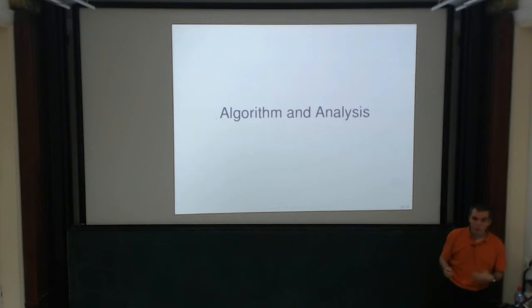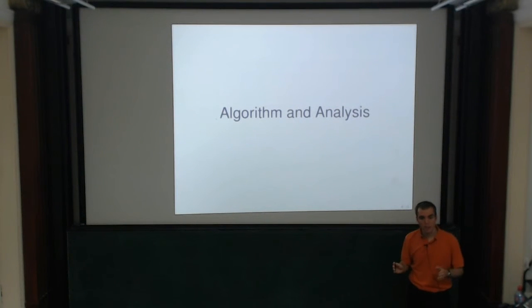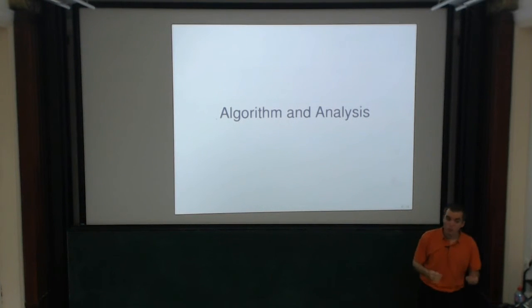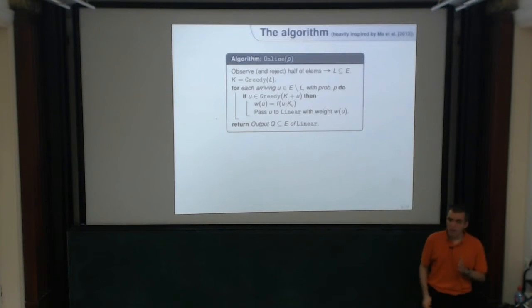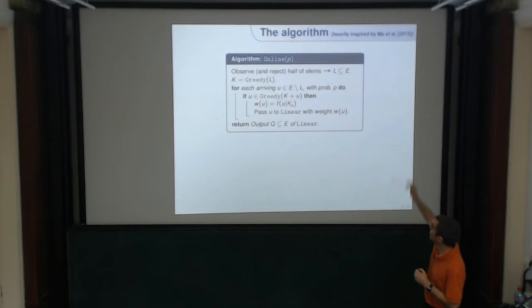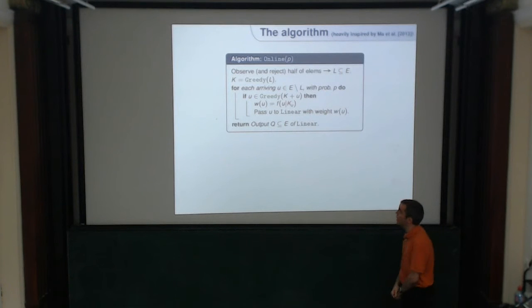Okay, so I'd like to give a quick overview of the algorithm and a few aspects of its analysis. It's kind of technical, the analysis, so I don't want to go into many details, but I'd like to highlight maybe one or two things that I think are interesting to know. The algorithm is heavily inspired by a paper of Ma et al. on the monotone submodular secretary problem for laminar and transversal matroids, so it's mainly improvements in the analysis. But let's look at the algorithm.